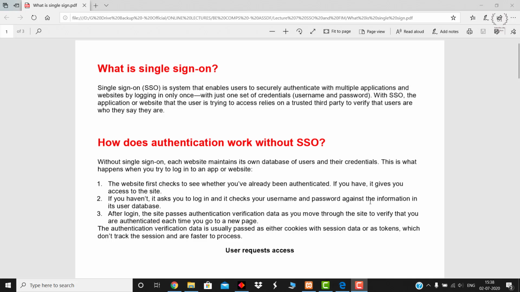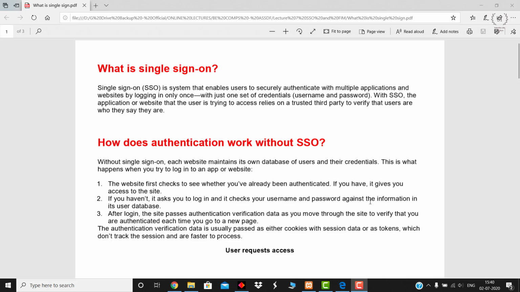In this video, I'm going to show you what exactly is single sign-on, and I will also demonstrate how we can create a single sign-on solution for our project. Single sign-on is a technique by which we make sure that once the user logs into any of the applications of an organization with valid credentials, that user should not need to enter his or her credentials each and every time he or she visits any other application of that particular organization.